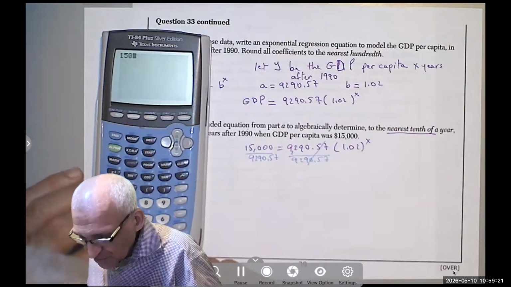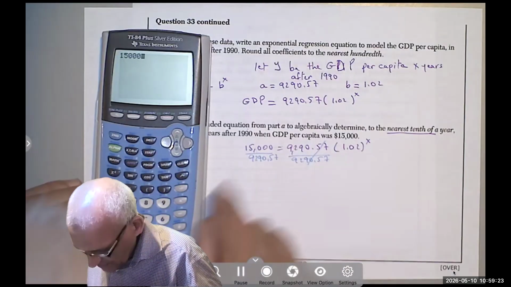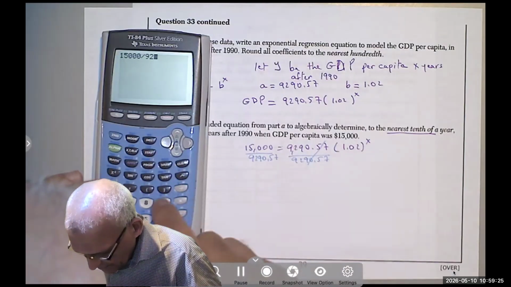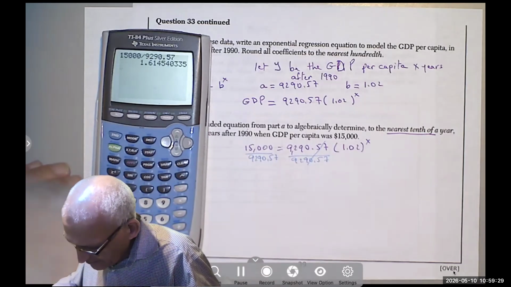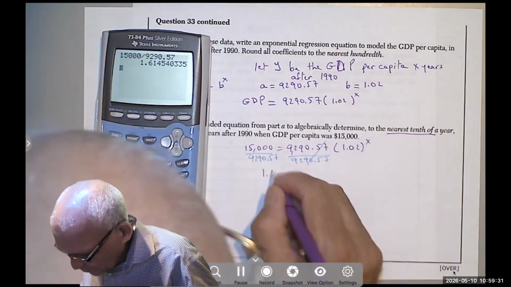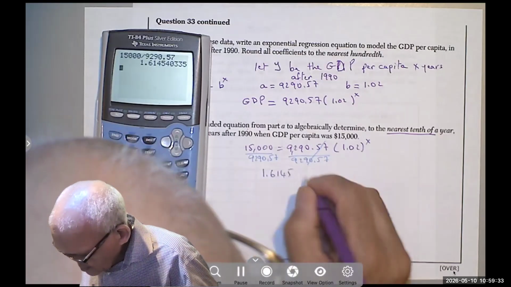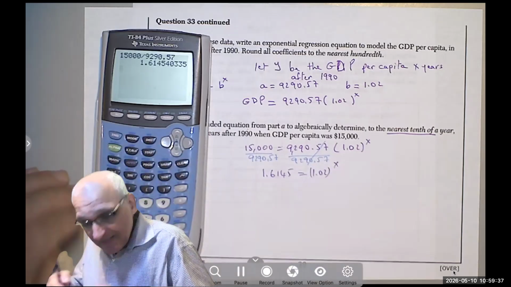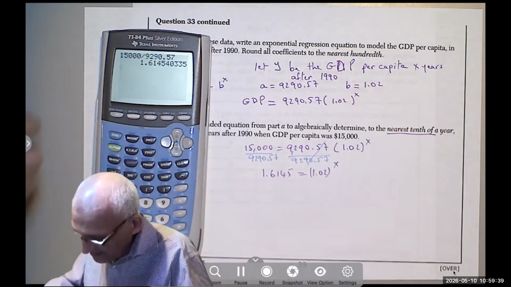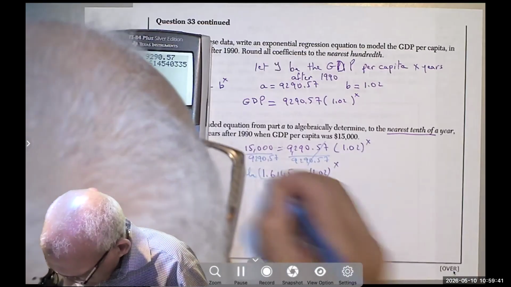This value would be stored in the calculator. I'm not going to enter all the digits, but you keep those because that's what you will use. Meaning you can write 1.6145 equals 1.02 to the x. And then to solve for x, you have to take the natural log of both sides,